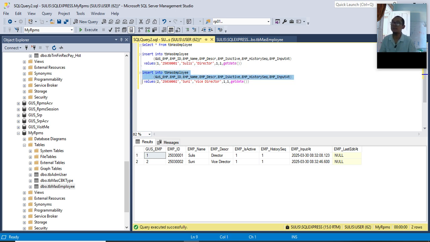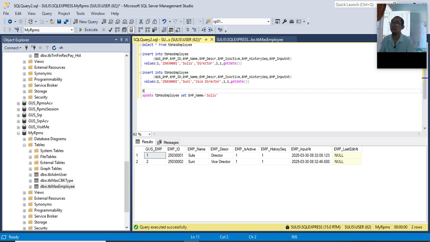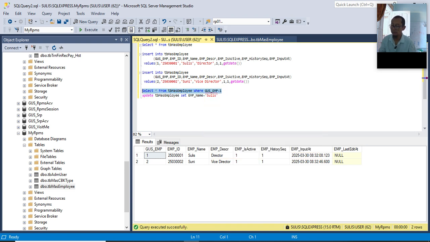Let's update the data. I want to change the name to Sulistiono, where EMP equal 1.